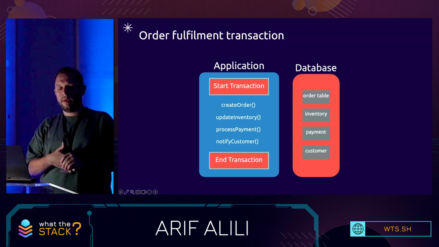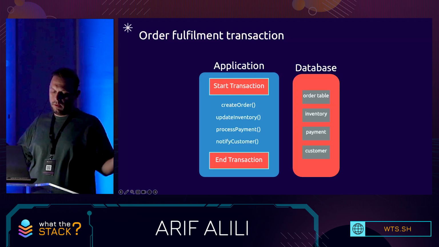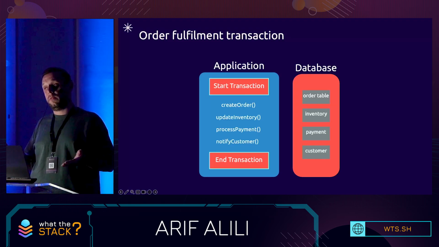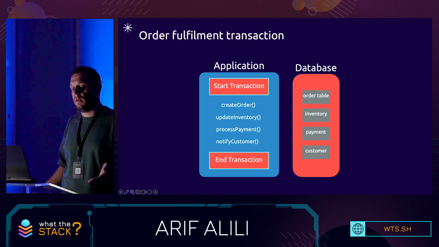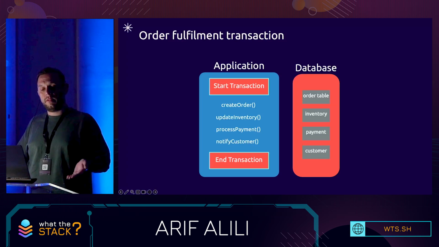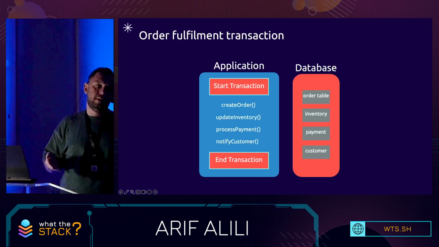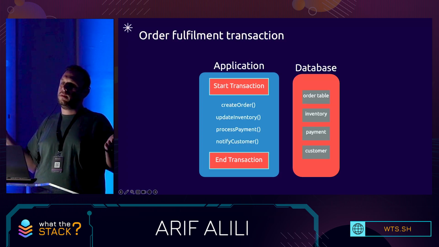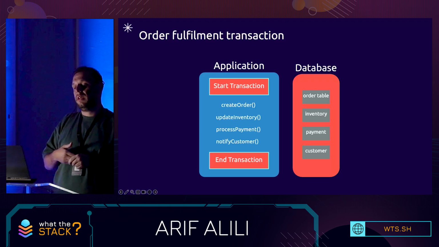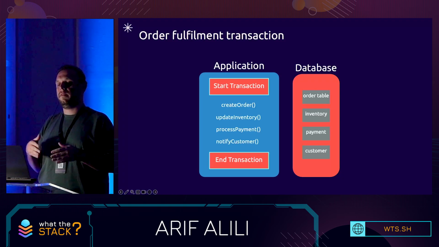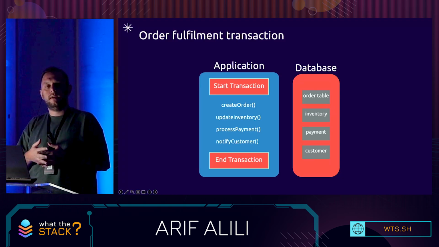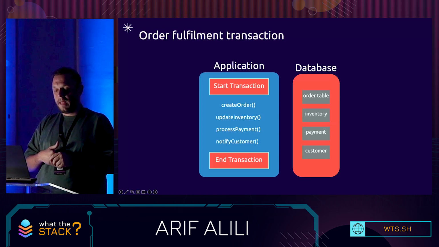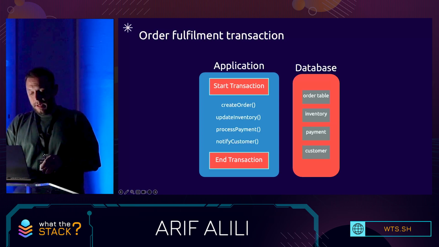Let me put it that way, because we have one big giant application where we can start a transaction, create an order, update the inventory, process the payment, and notify the customer. We can check in the customer table whether that customer has a limit. If it has a limit, query the orders table, do some calculations, etc. But